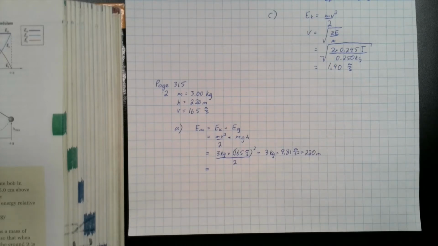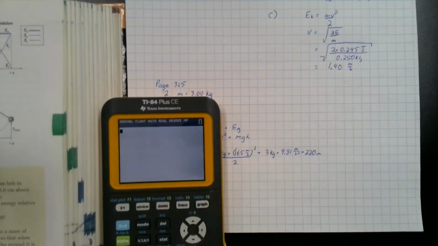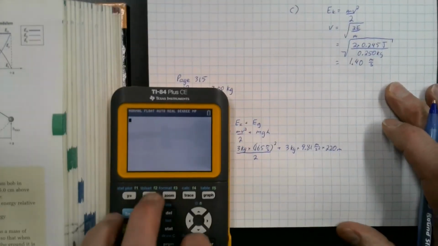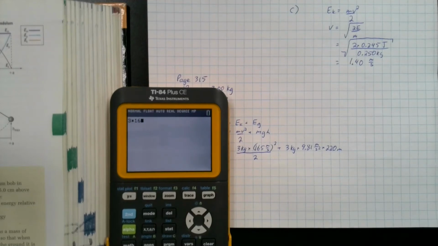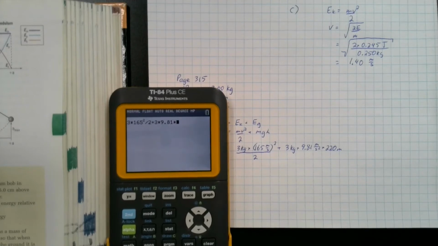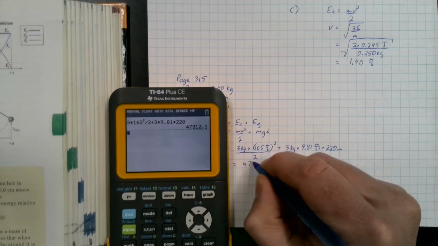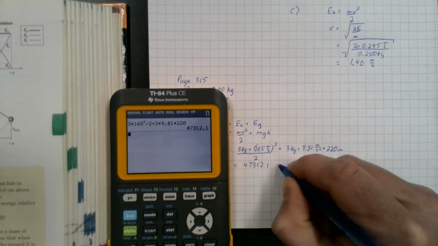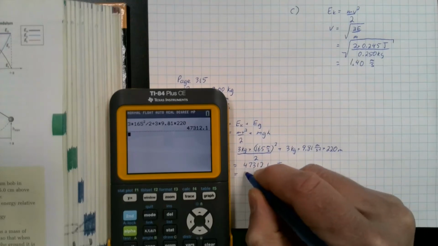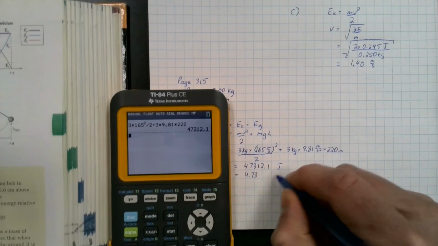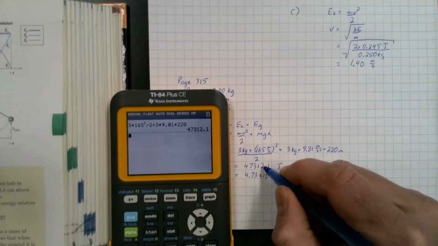So if we plug that all into our calculator, we will have 3 times 165 squared divided by 2 plus 3 times 9.81 times 220 meters, giving us a value of 47312.1 joules. So that will be 4.73 times 10 to the power of 4